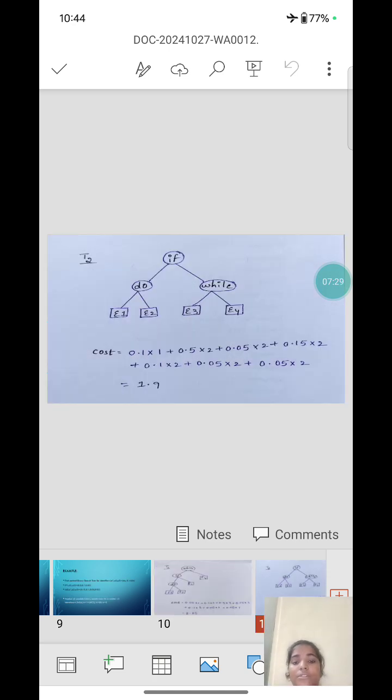And in T2, "if" is the root node and "do" is less than that "if" node, so we place it on the left side of the "if", and "while" is greater than that "if" node, so we place it on the right side.